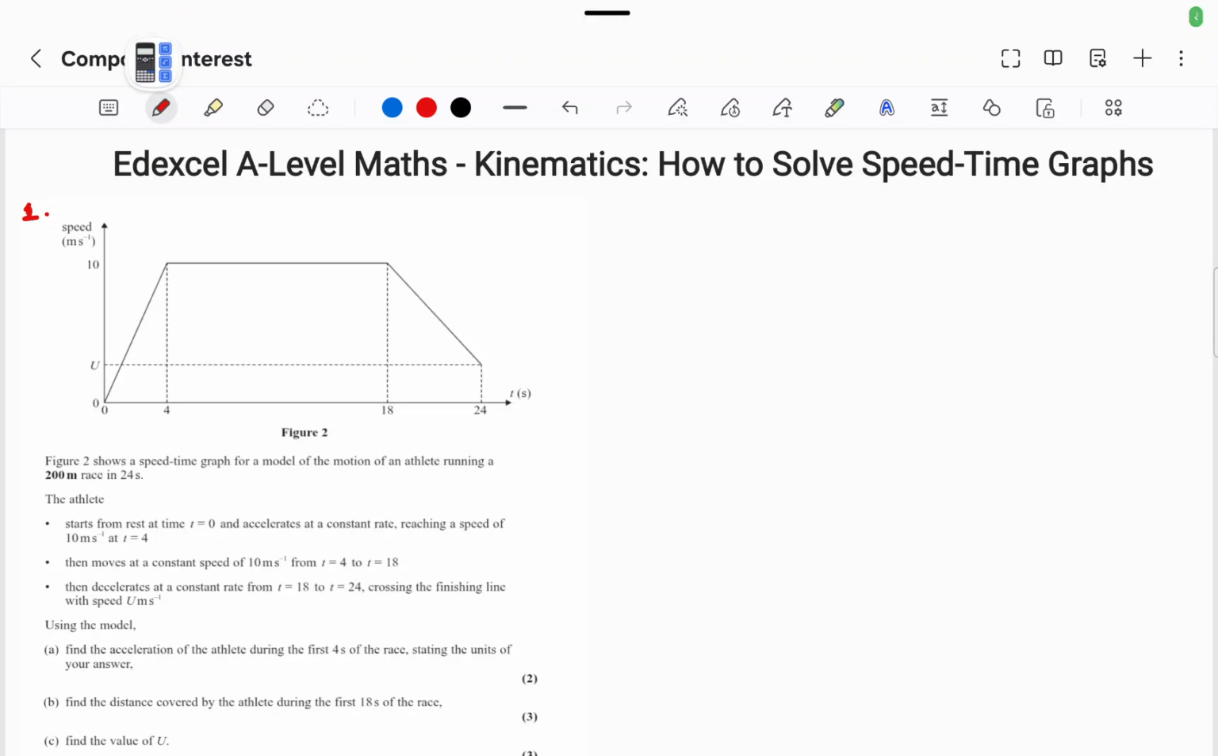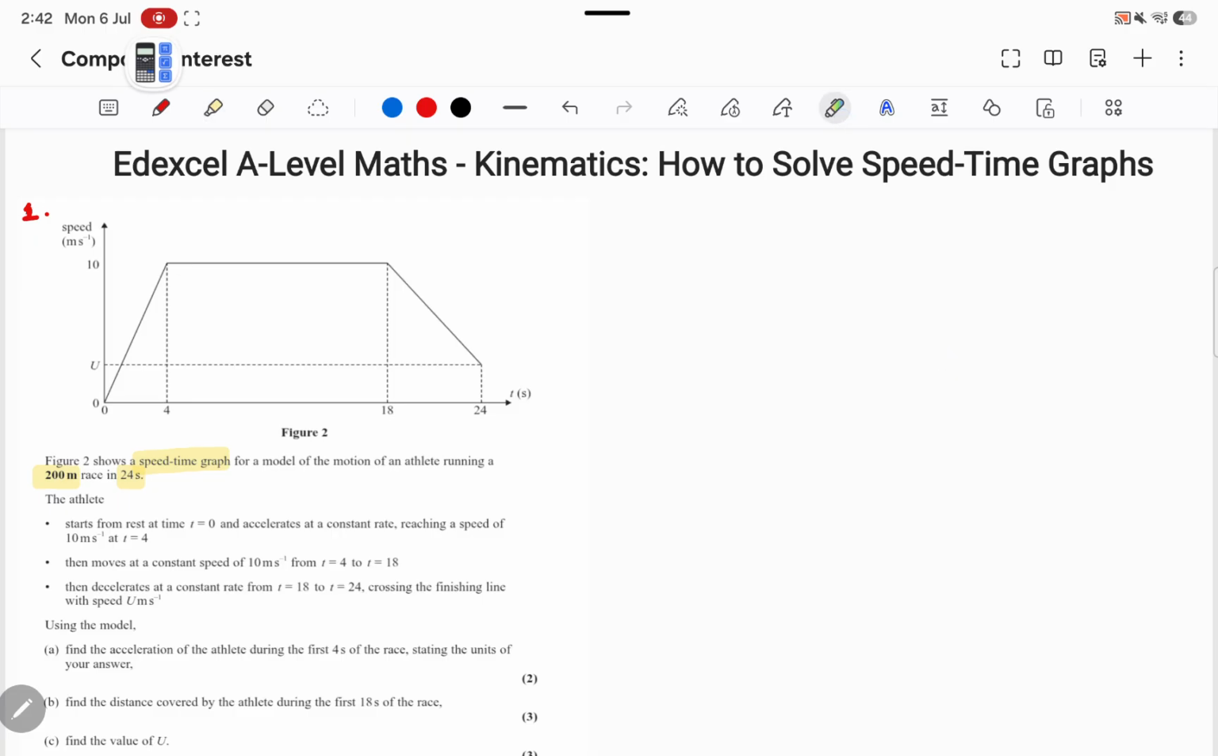Hi, in this video I will discuss how to solve speed time graphs in kinematics. And the question is, the figure 2 shows speed time graph for the model of motion of an athlete running a 200-meter race in 24 seconds. So the athlete